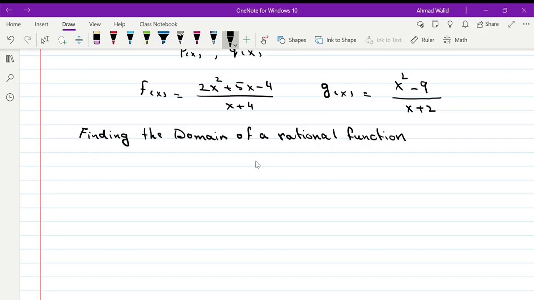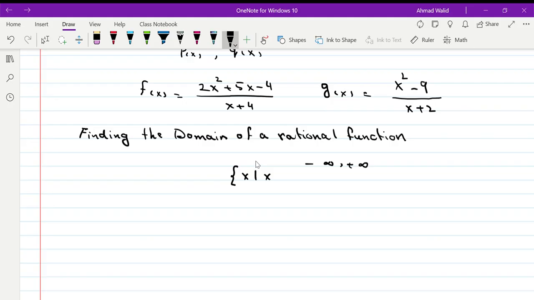Or, if I give you a simple definition again, the domain of a rational function is all numbers such that those numbers shouldn't change the denominator to 0. Correct? Any number from negative infinity to positive infinity can be the domain of a rational function,